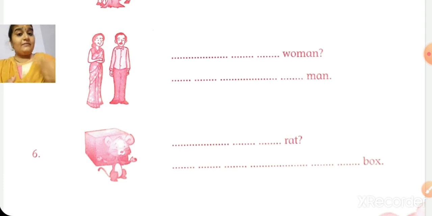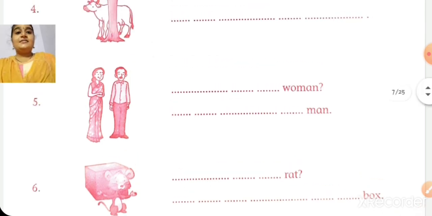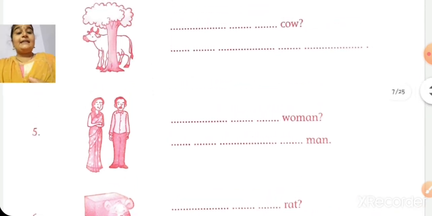So children, we have done each and everything, no? All the beside, in front of, behind, everything we have done. You are going to again write it, but with the other examples. Okay? Will you all write it? Very good. So write it and keep it safe.